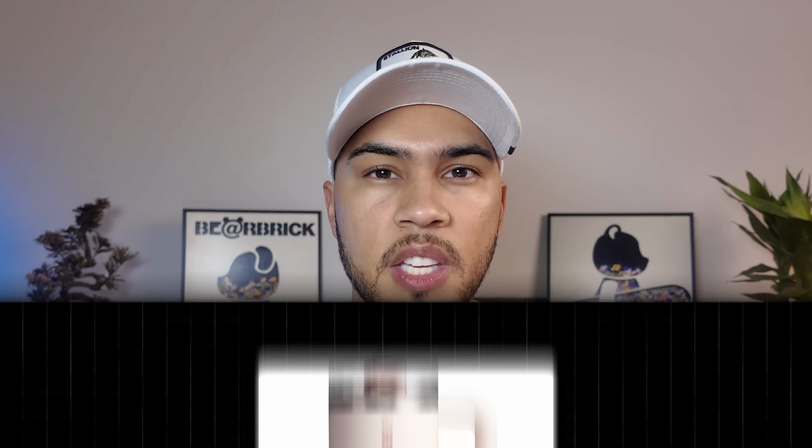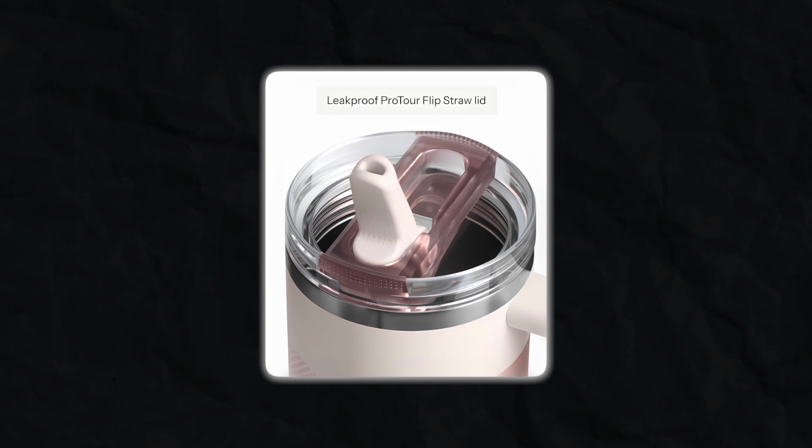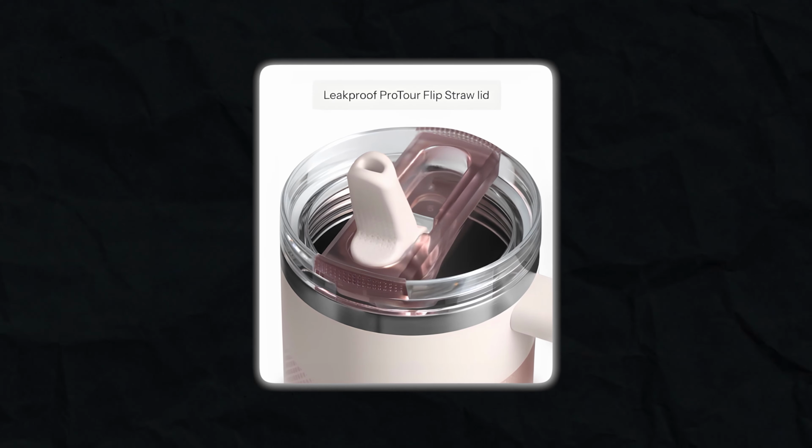maintained. If the Quencher is bring everything energy, the next Stanley is more about solving a specific real complaint: spill resistance. The Stanley Quencher ProTour, the spill-proof upgrade. This is Stanley's answer to the people who loved the Quencher but hated the permanent straw and occasional leaks. The Stanley Quencher ProTour keeps the Quencher's volume and insulation but adds a flip-up, sealable straw, and a more leak-proof